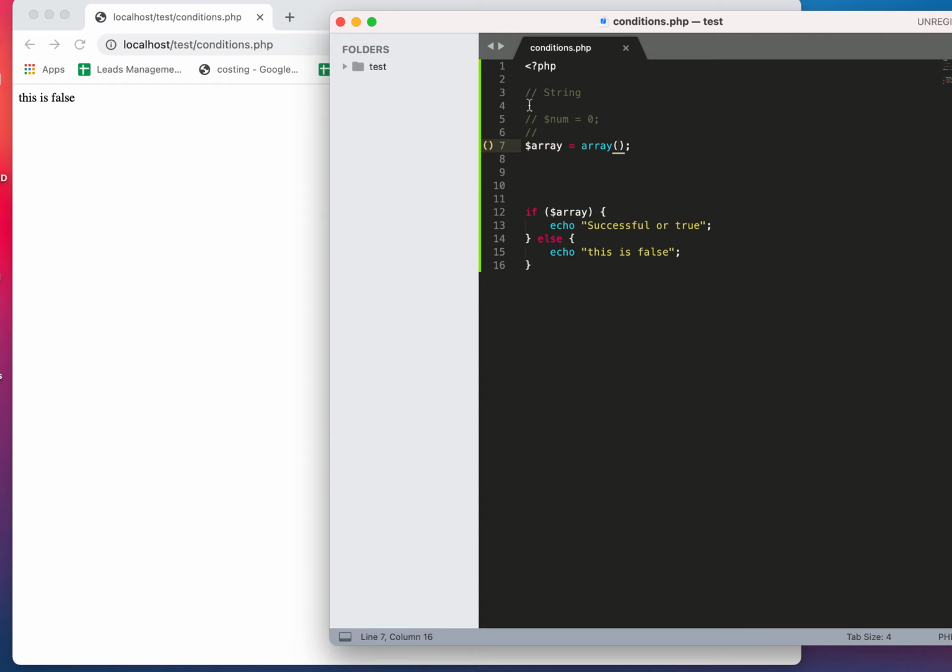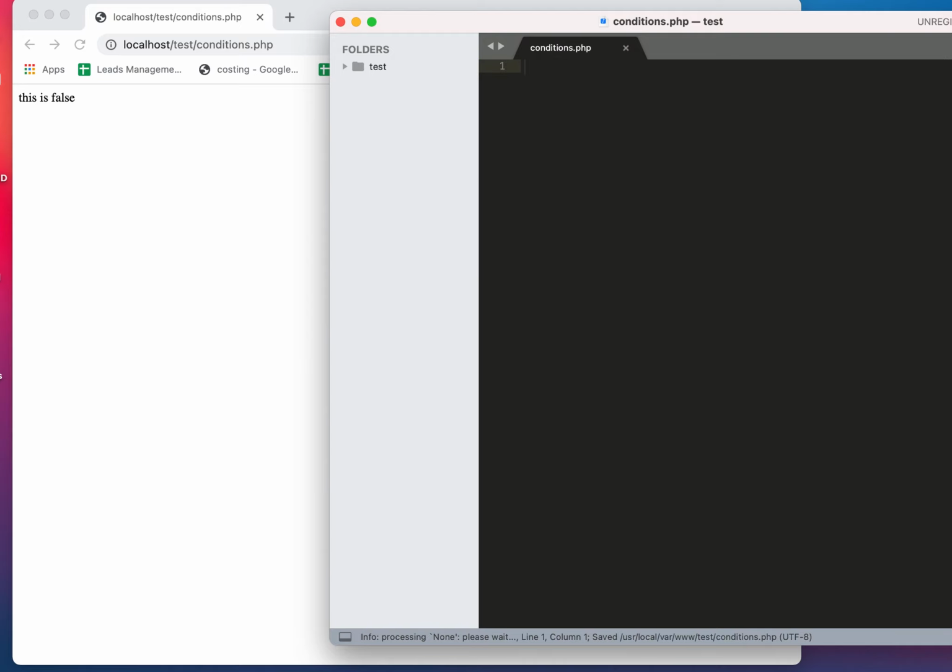Understood? So generally in PHP we test strings, numbers and arrays. We also do object testing and all that stuff, but that is at an advanced stage. This is very simple. Now let's take an example of how to integrate PHP into HTML. This is very important and interesting, because generally PHP is used along with HTML.